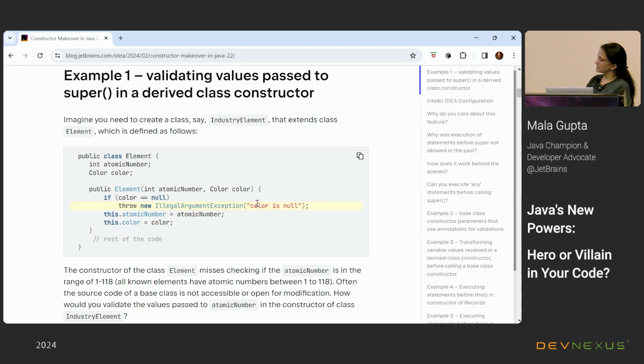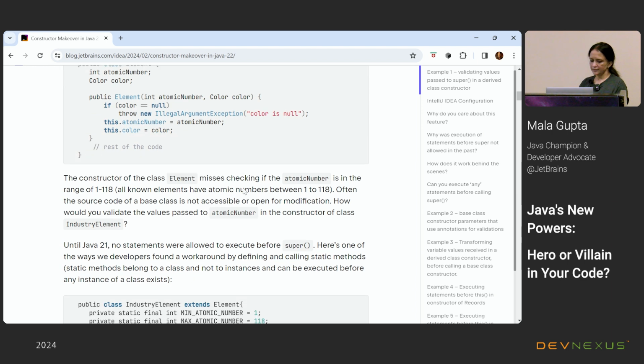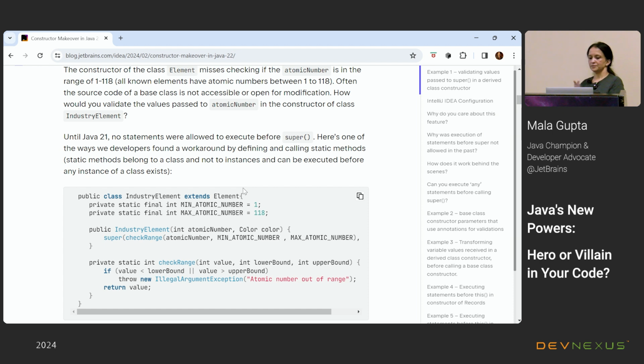This is one of the examples, as I mentioned, when you are trying to validate the values that you pass to super. This is an example with a base class, and when I extend that base class, I should be validating some of the values that I pass to it, but I cannot change the code of the base class.